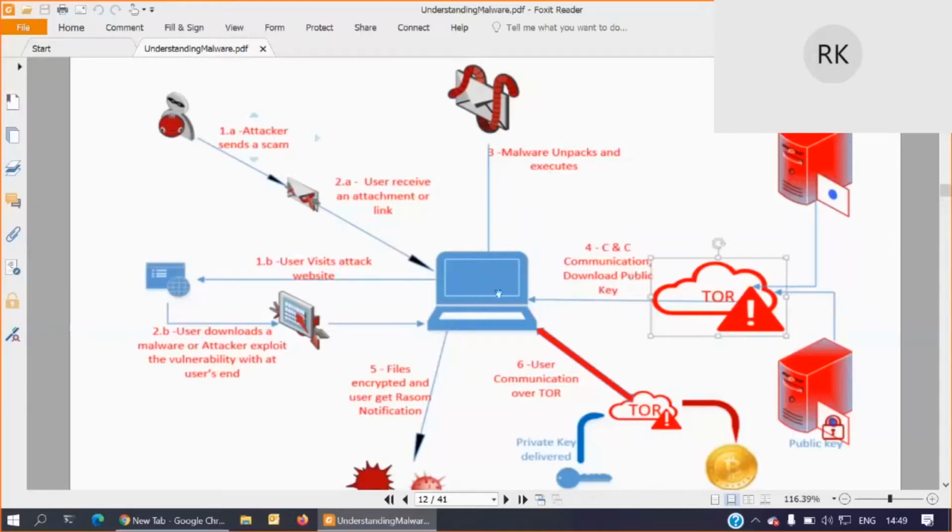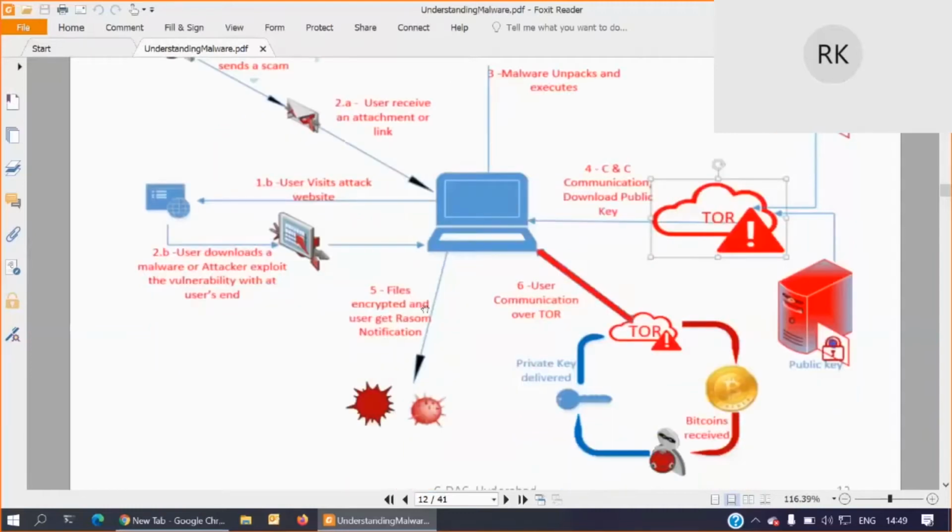The public key will be downloaded here, and once it is downloaded, all the files are encrypted and the user gets a notification to send a ransom to so-and-so address. This ransom will be in terms of bitcoins. Whenever the attacker receives these bitcoins, he will send the key for decryption. The key is nothing but a secret, like our password. Only with that key can we decrypt our files.